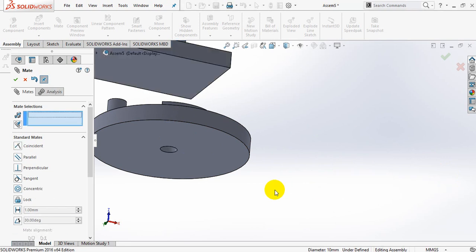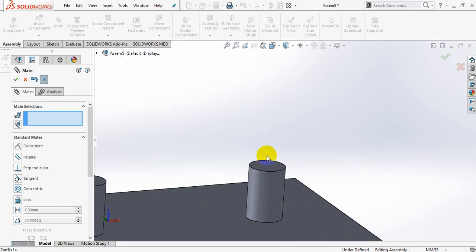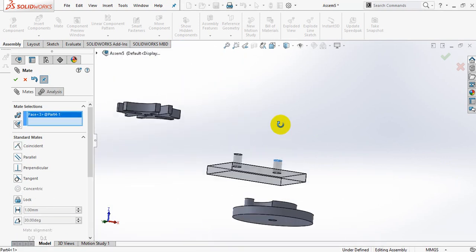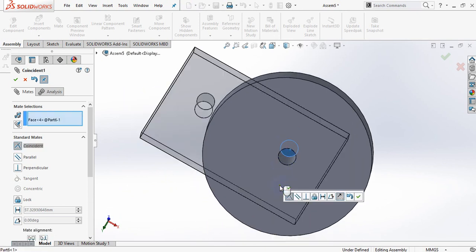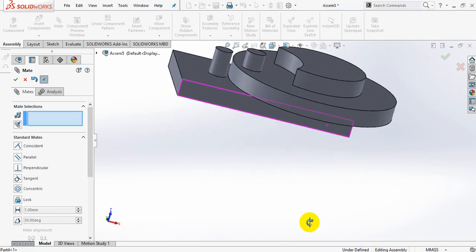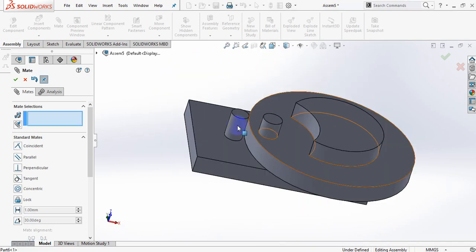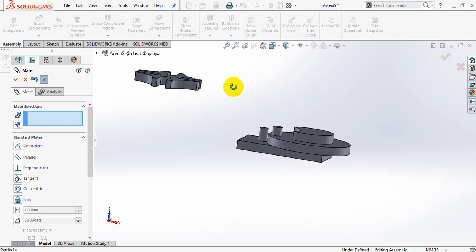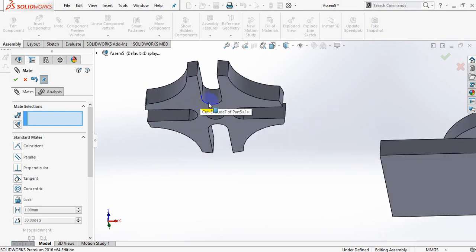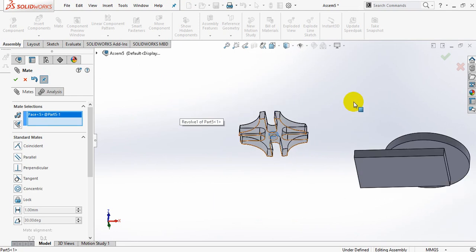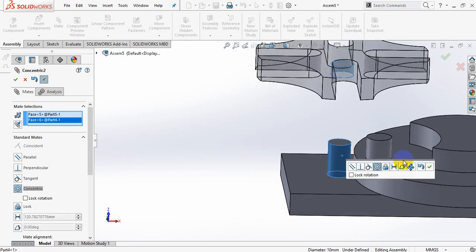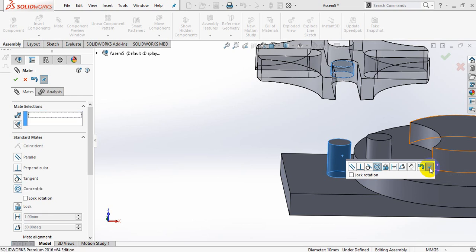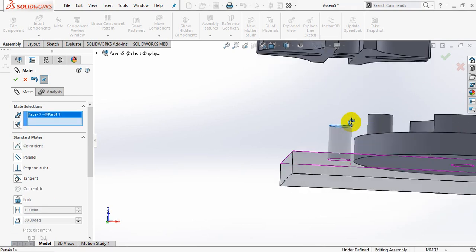Select OK. Now this surface area I need to join with the bottom profile surface area, this one. Got it. Select OK. Now see, it's totally fixed. So the first one is completed. What about the second one? The second one is also available here. I'm selecting the cylindrical part as the first profile body and the cylindrical part as the second profile body. Select OK. First constraint completed, and the second constraint is the same.